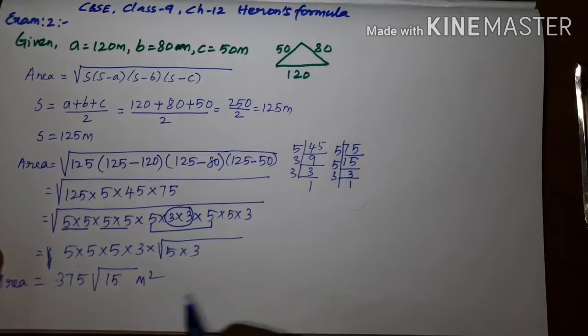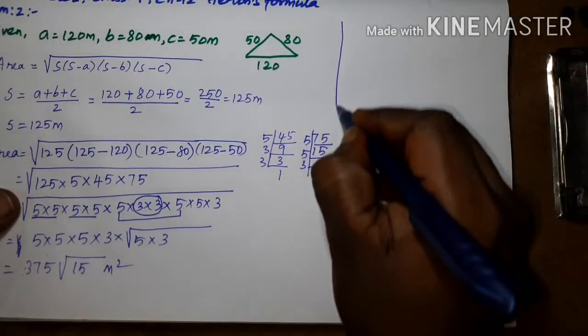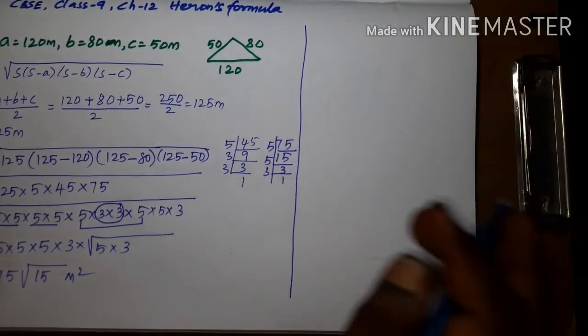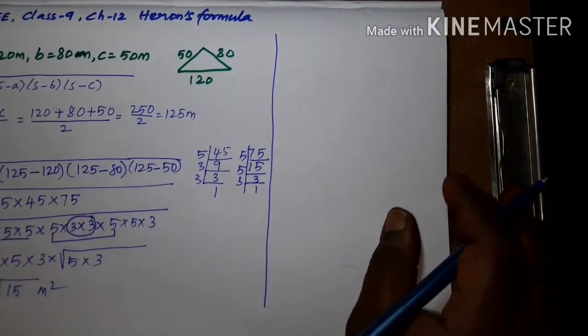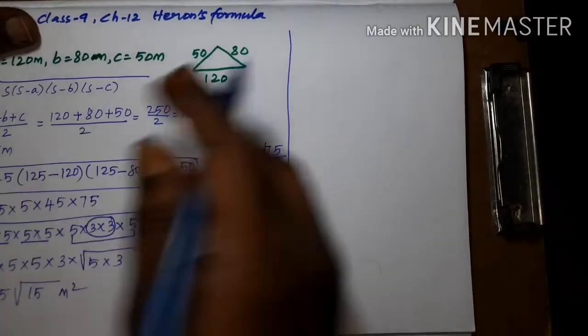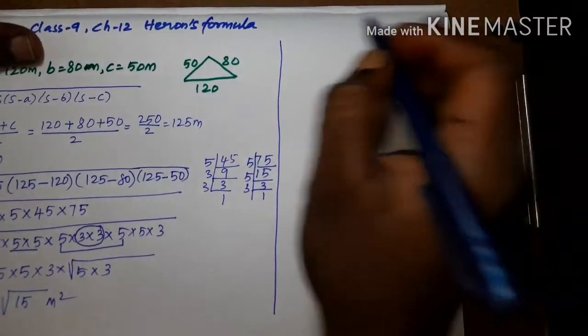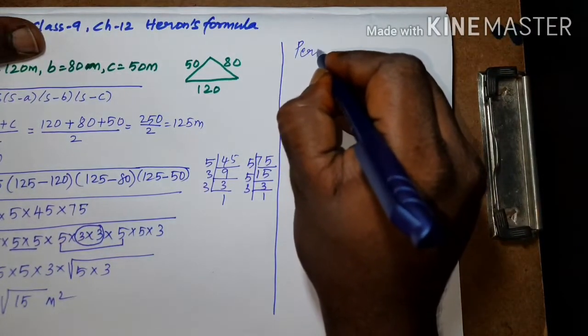Yes. And what we need to find next is the total cost of fencing. Total cost of fencing. Fencing means nothing but the perimeter values, and already we found the perimeter values here, and we know how to find the perimeter of this land. So perimeter is equal to the sum of all sides.